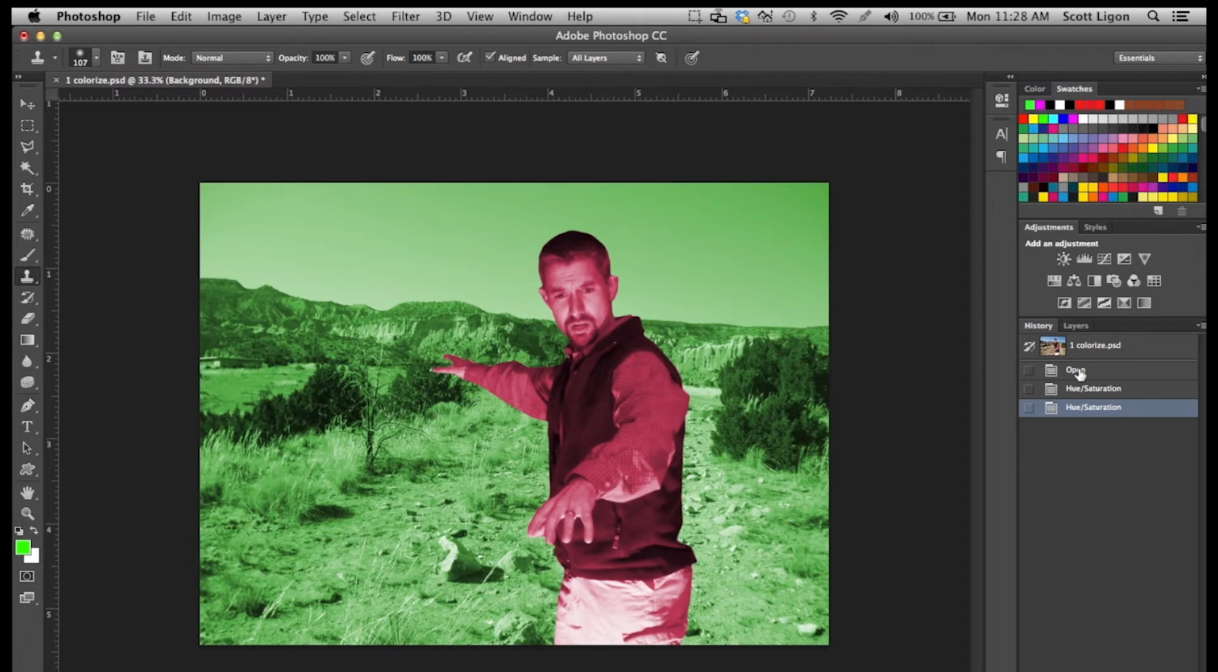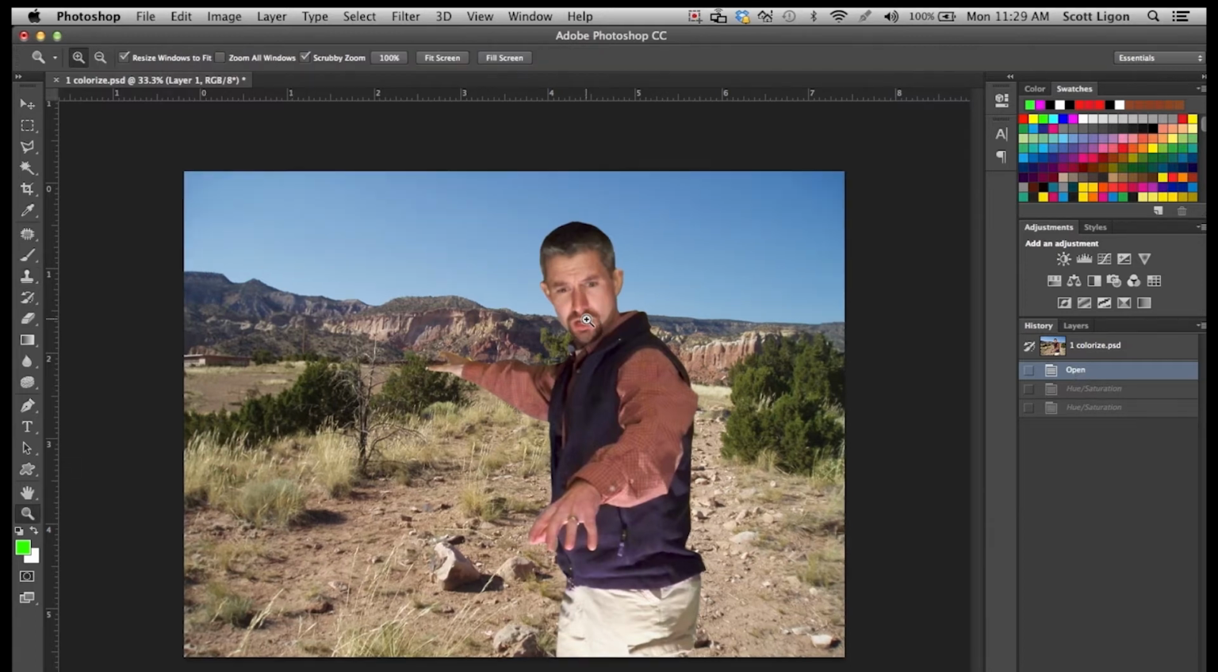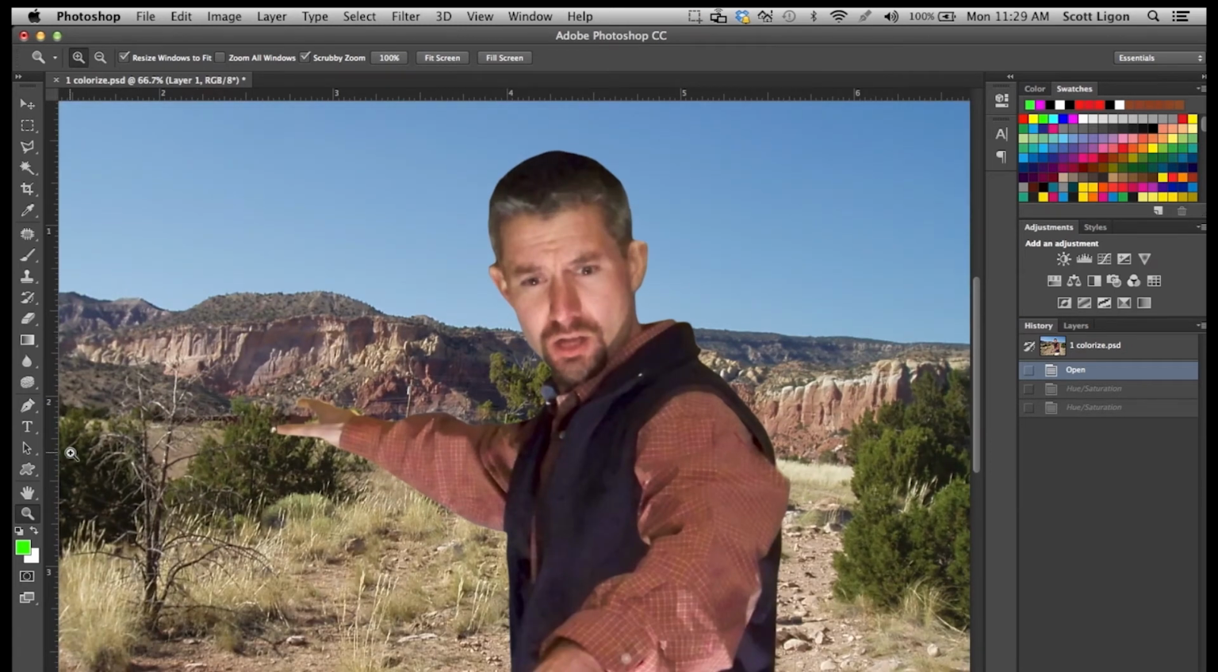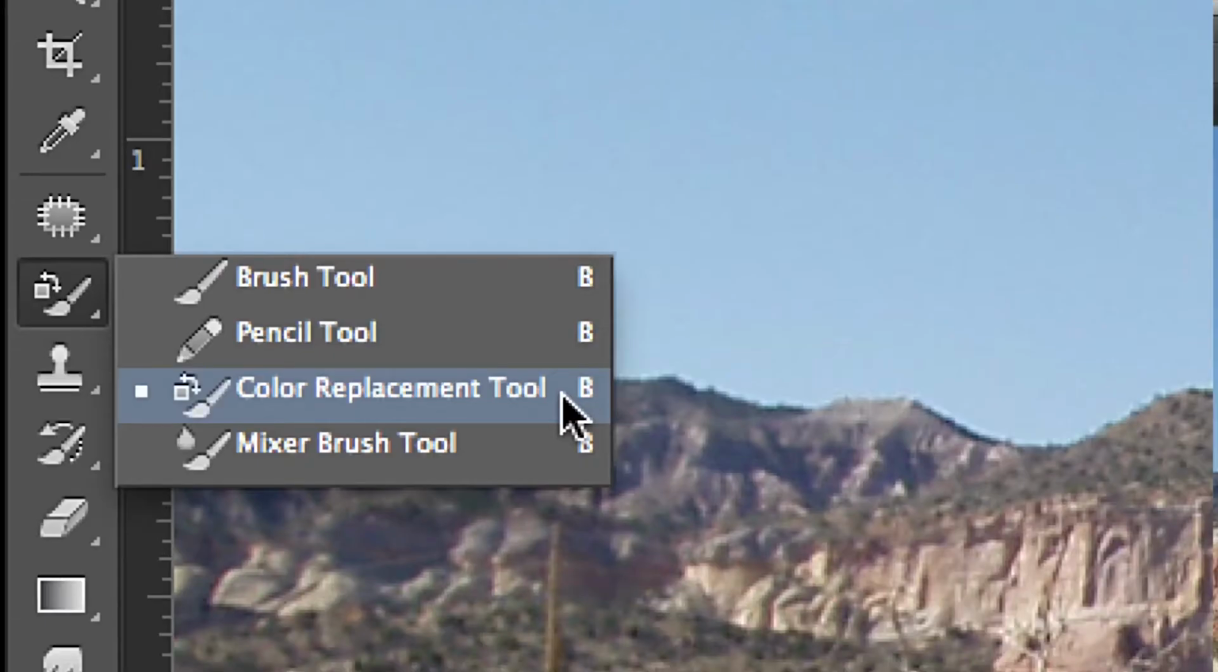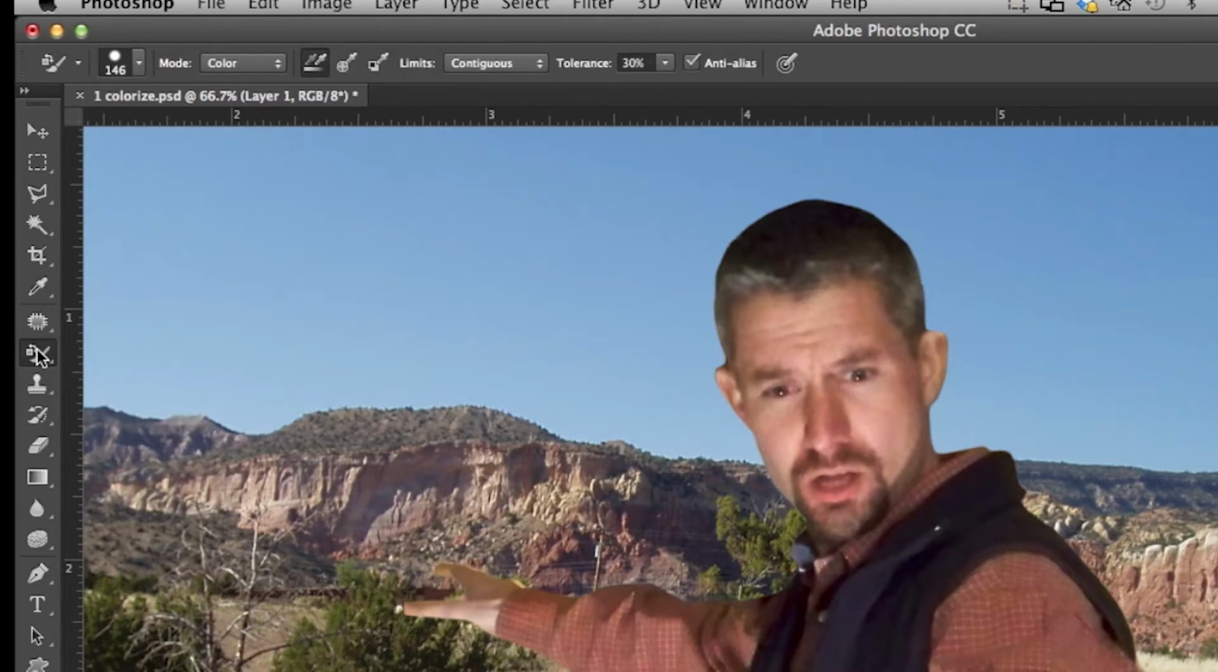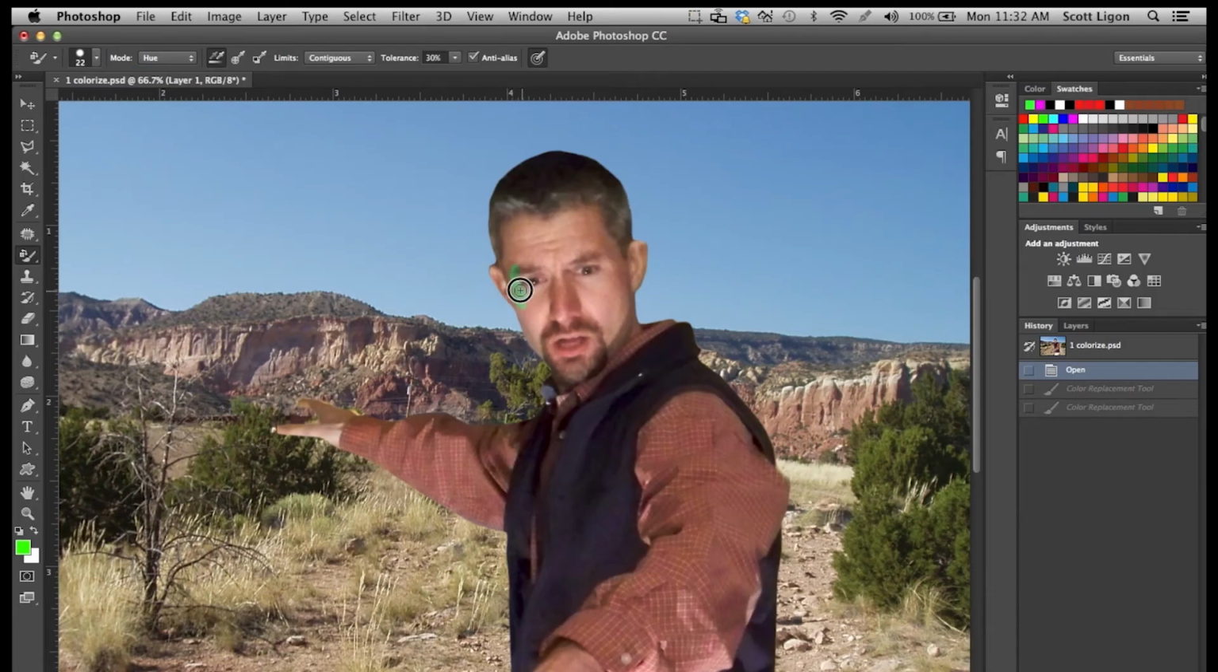Going to History, retracing my steps to before I did the hue and saturation. And this time I'll use the color replacement brush. I'm going to zoom in on his face. And I already have the green color selected, and underneath the brush tool is the color replacement brush. Click. It's the one with the little square here and the little curved arrows. So I'm going to select hue because it'll give me a subtle look. You can experiment, but I'm picking hue,